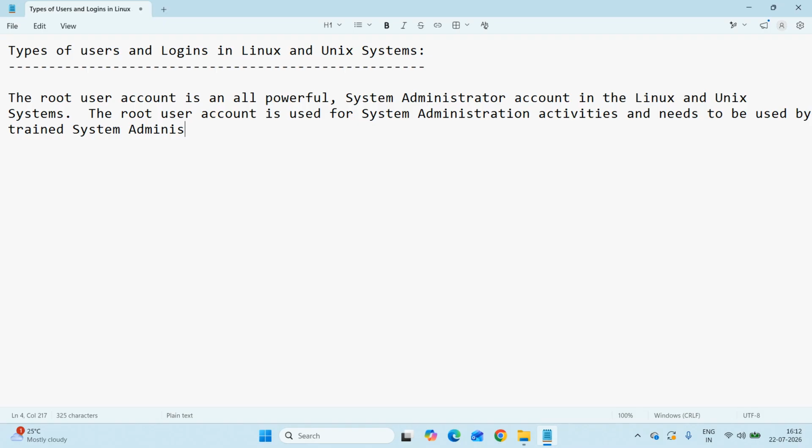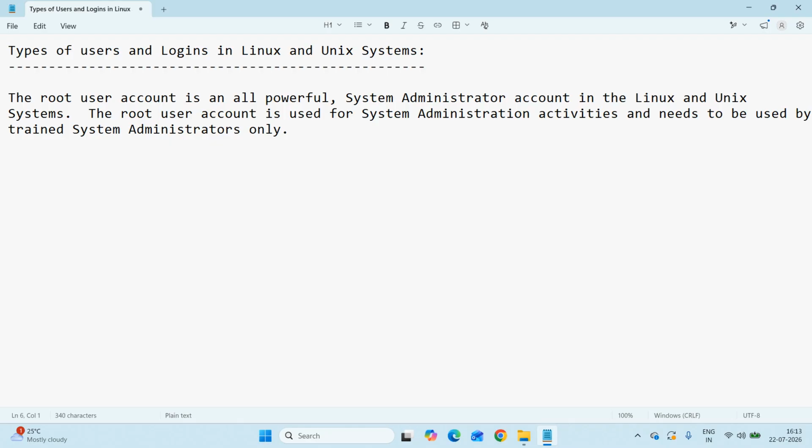system administrators only. Okay, in case of a Linux system or a Unix system in a real-time project, that Linux system or Unix system may host an application or a database. Now, in a scenario like this, the application users and the database users in the Linux or Unix system, can all those users log in with the root account? The answer is no, people, because